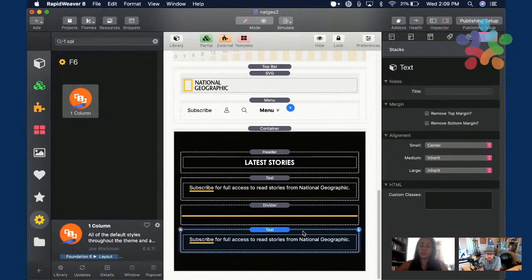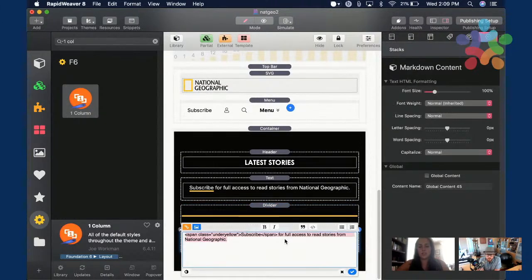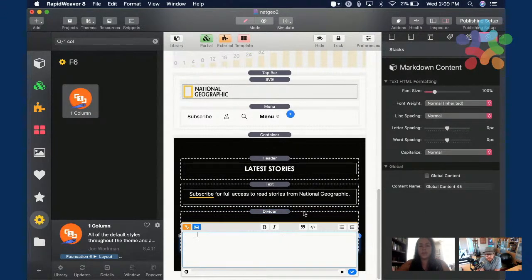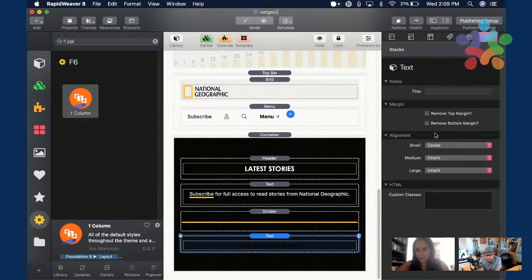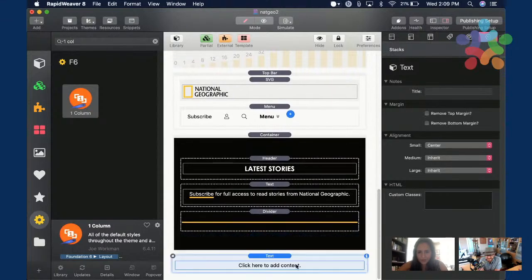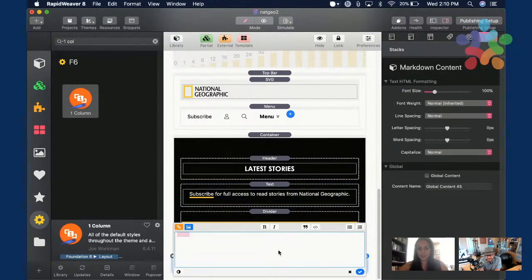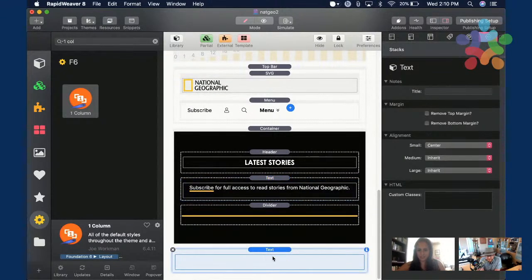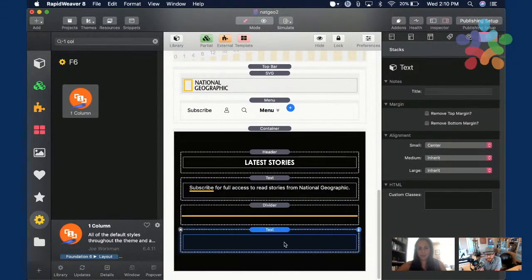And if you're not a fan of the utility classes, you can just put a space bar here. I'm gonna do that with just a space bar, and you can't really tell. I'm gonna bring it outside, but even if I hit space and there's a space, it says click here to add content. So it doesn't recognize it as content. But if you keep the Alt button on your keyboard and then space, it does recognize it as content. And yeah. Now that's a hack.